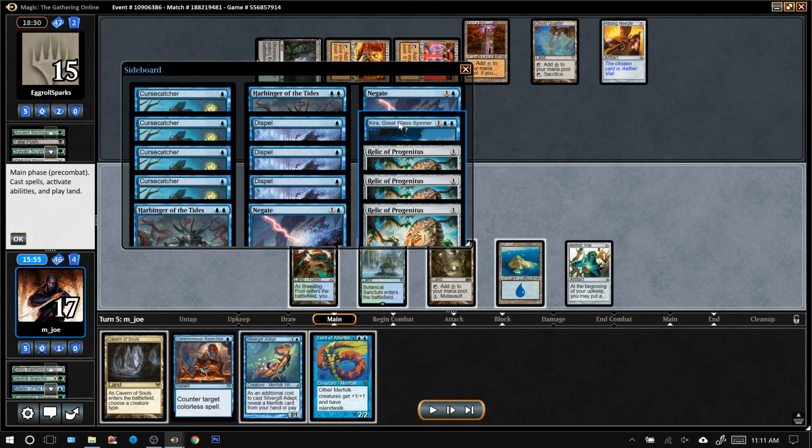Natural State can destroy an Expedition Map, like on turn 1. If the opponent plays Expedition Map, I can just destroy it right away, keeping them off of Tron for a little while. So it looks like I brought in...